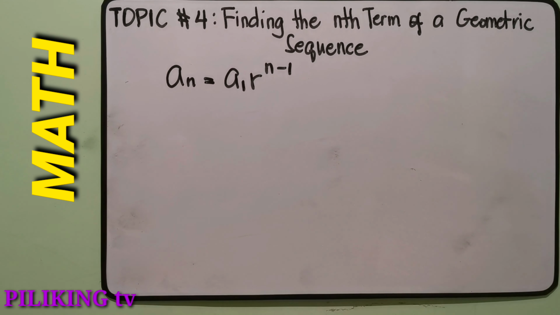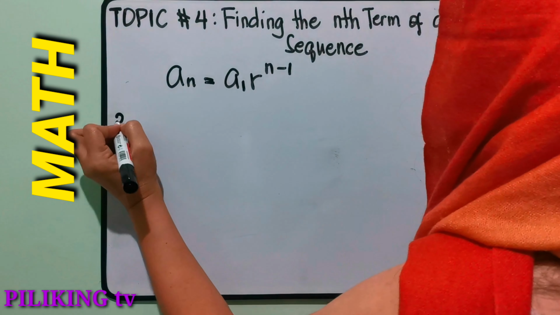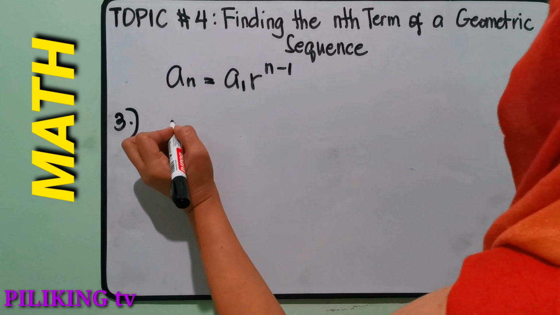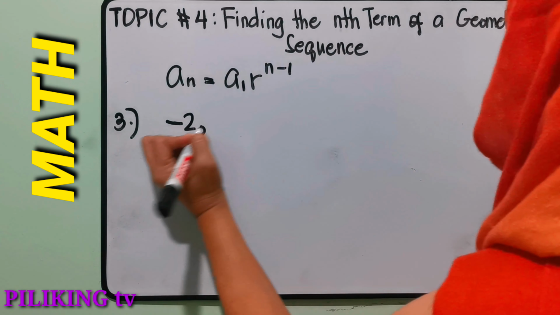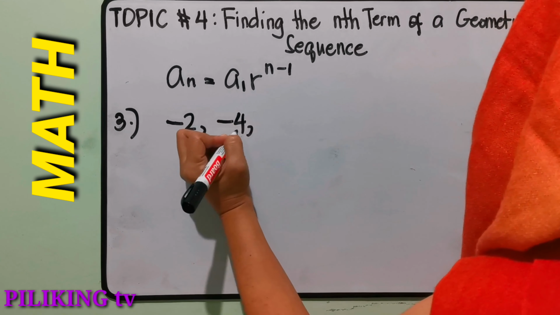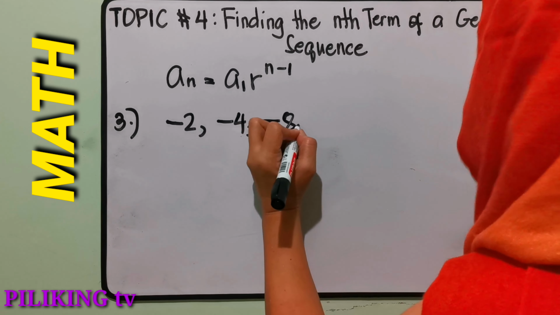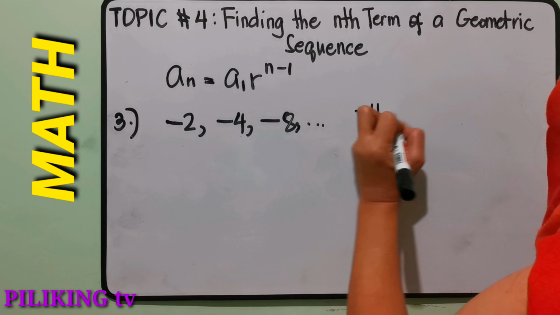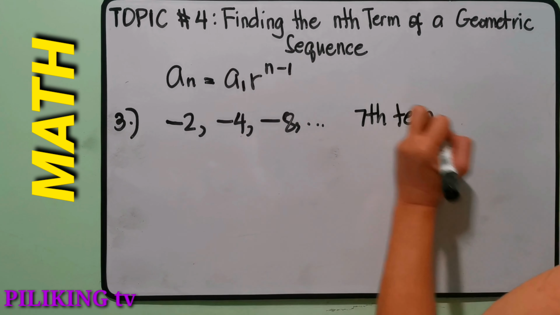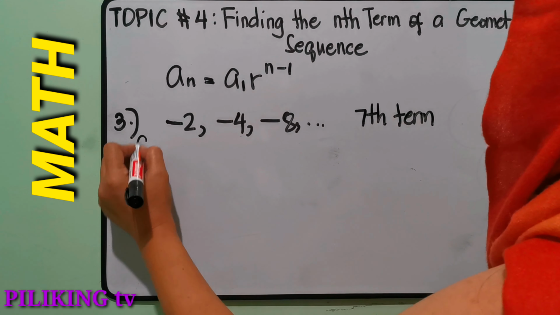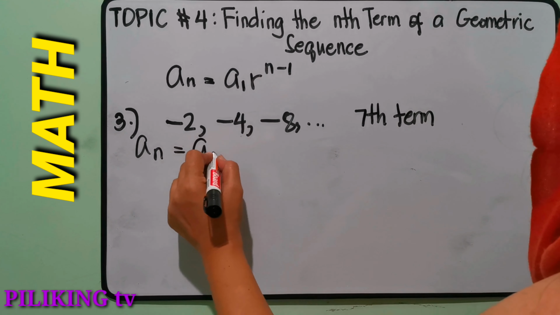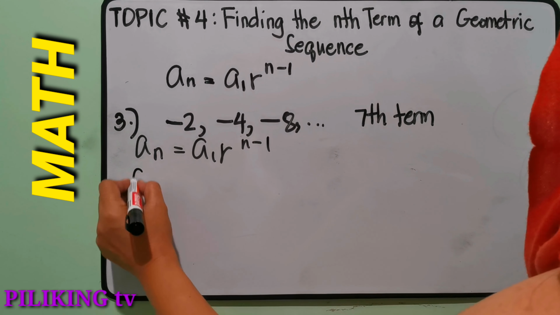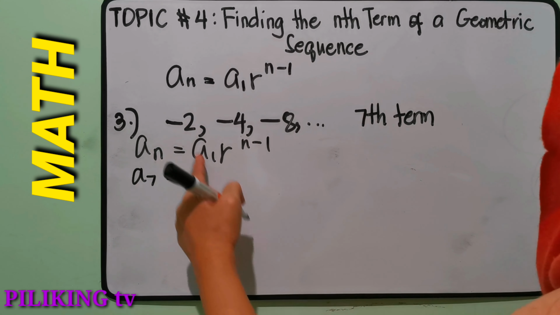Okay, so for our last example, we have number 3. So this time we have negative numbers. So we have negative 2, negative 4, negative 8. Okay, so find the seventh term. So again, let us use the formula. A sub n is equal to a sub 1 times r raised to n minus 1. So since we are looking for the seventh term, a sub 7 is equal to the first term, which is